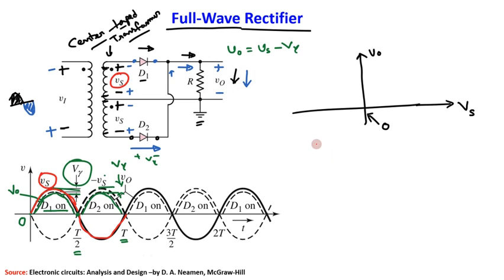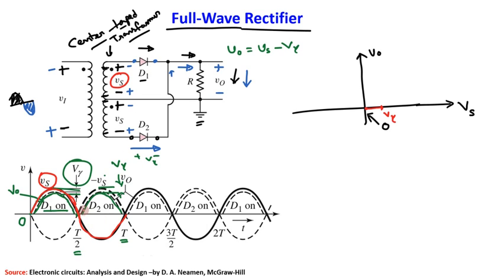So we know that this is the zero voltage, supply voltage 0, right? Now, till this Vs becomes equal to this V gamma, there is no output, right? So basically from here to V gamma, the output is 0. This is basically V gamma, that is for the positive half.